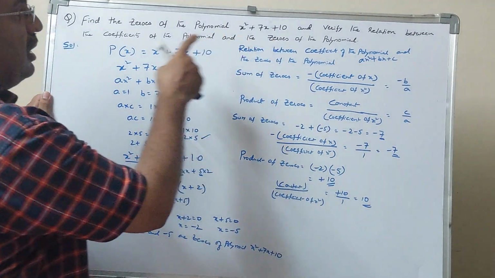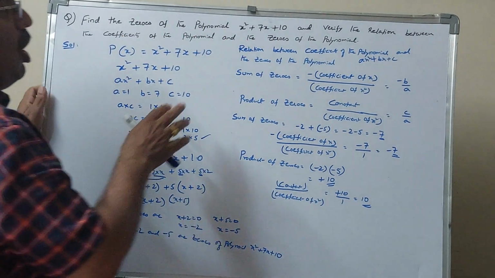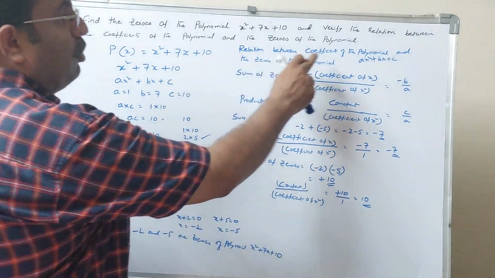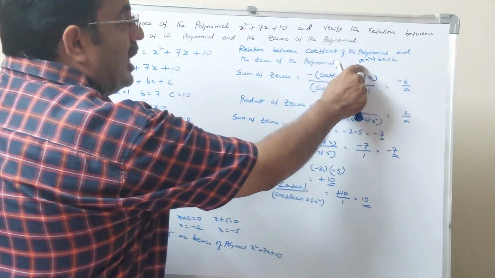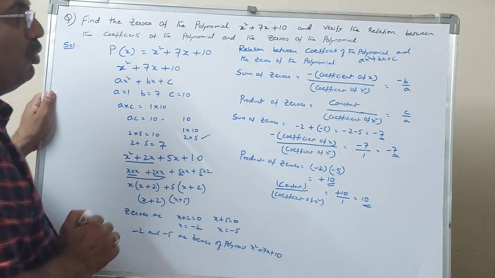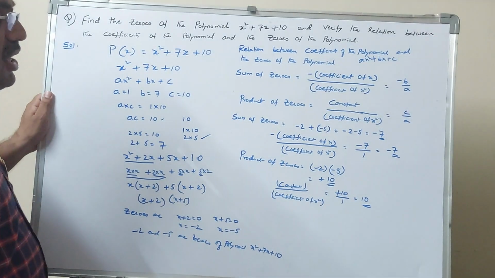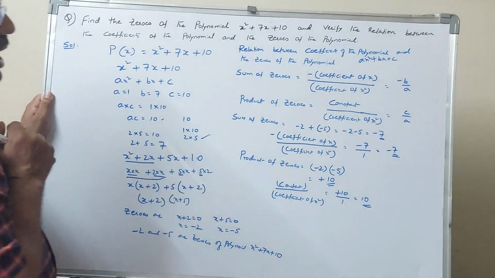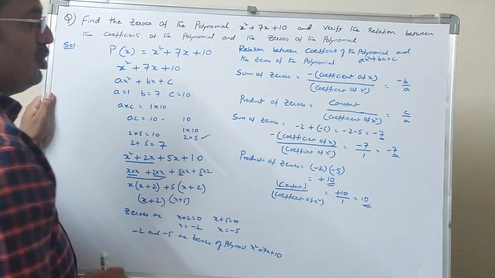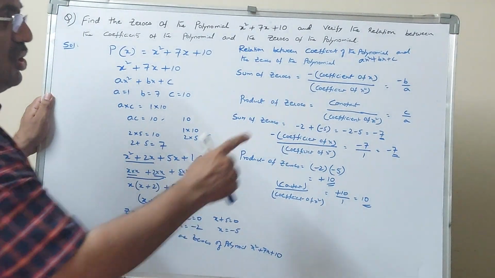So here again it is asking to verify the relationship between the coefficients of the polynomial and the zeros of the polynomial. How to do the verification? Relation between the coefficients and zeros of polynomial ax square plus bx plus c, what we write here? Sum of the zeros is equal to minus coefficient of x by coefficient of x square is equal to minus b by a. Product of zeros is equal to constant by coefficient of x square is equal to c by